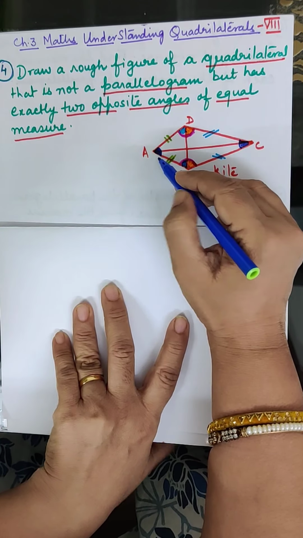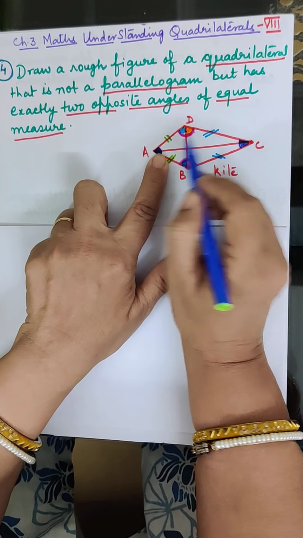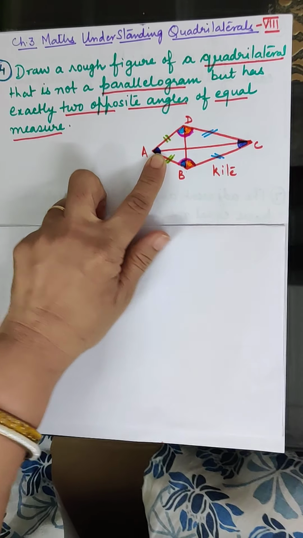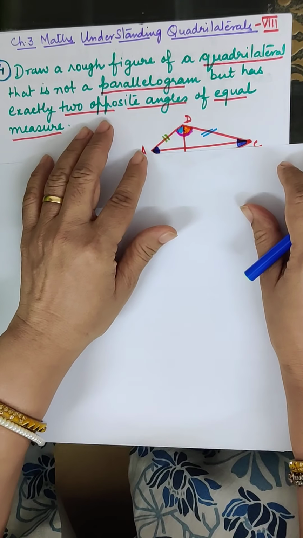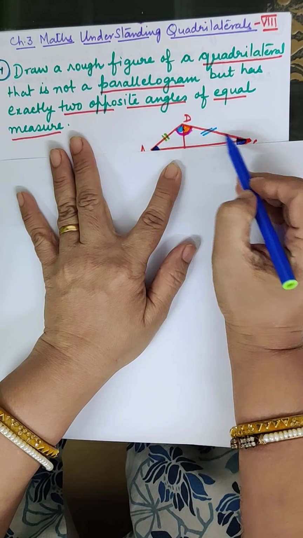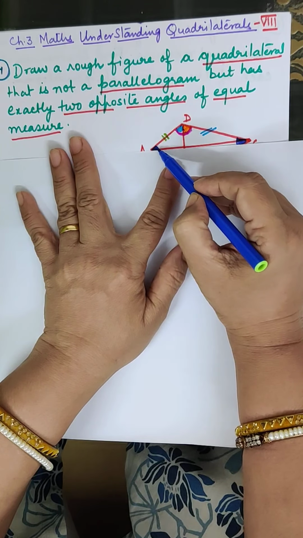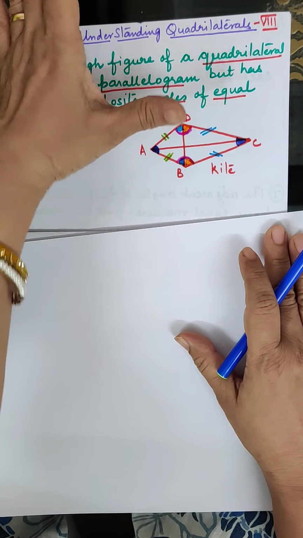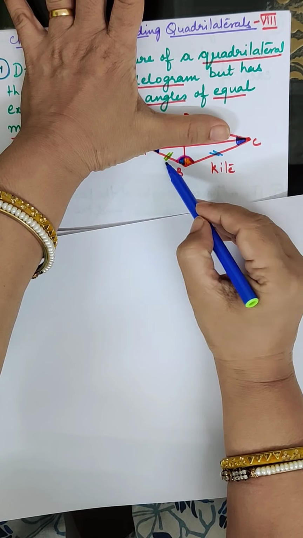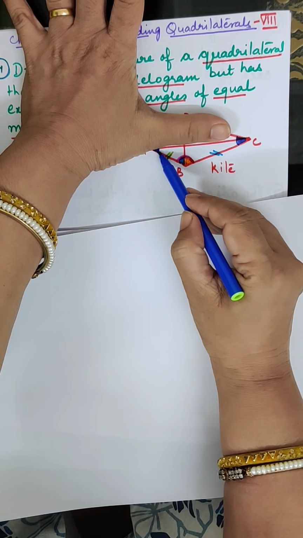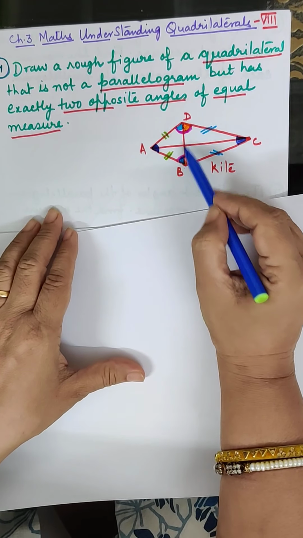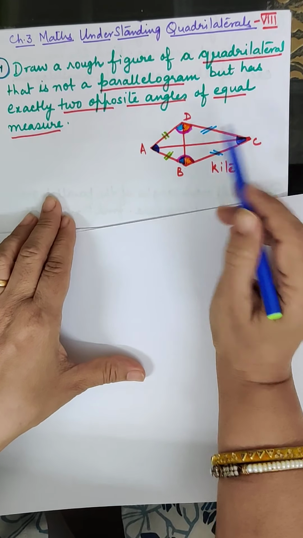Why are these two angles not equal? Because suppose you take like this, then this side is not equal to this side, so this angle will not be equal to this angle. Again, if you hide this side of the triangle and you consider this triangle, this side is not equal to this side, so this angle will not be equal to this angle. So in general, this angle is not equal to this angle, so you have only these opposite angles equal.